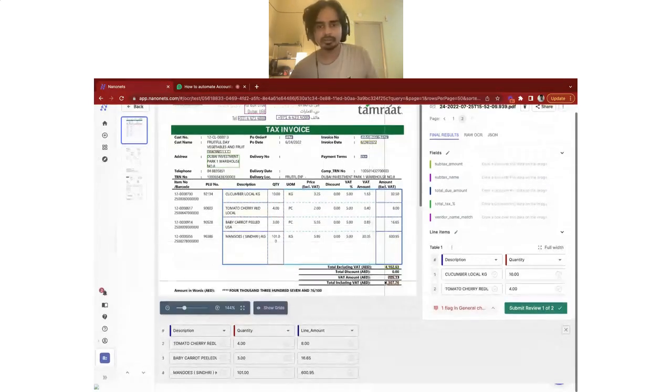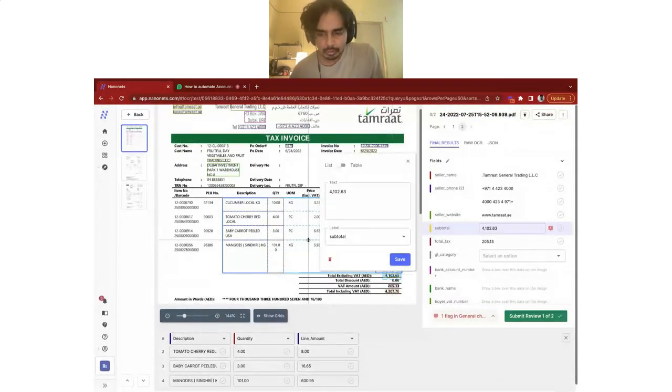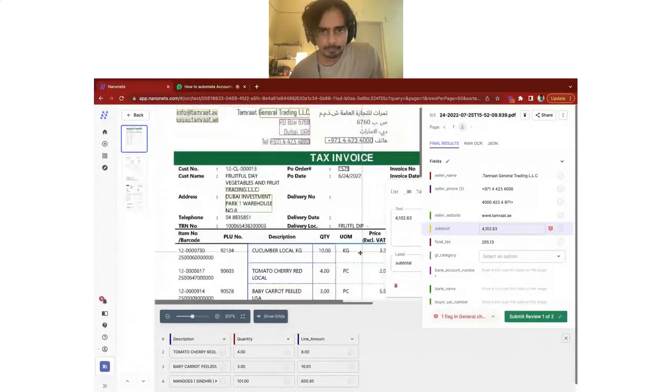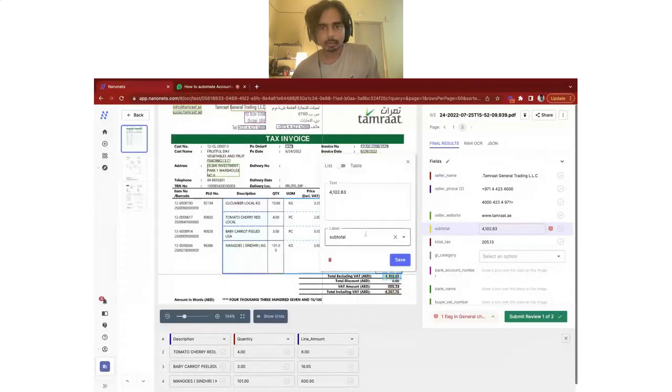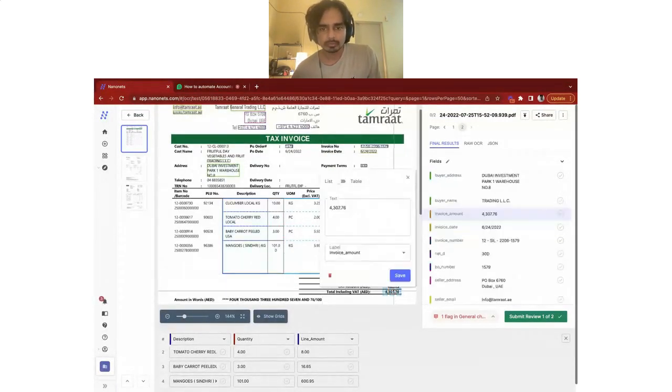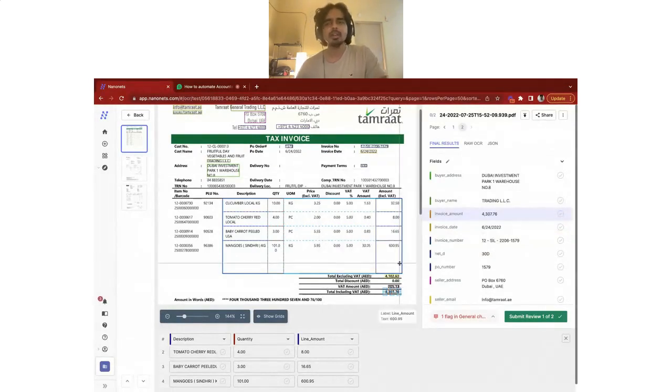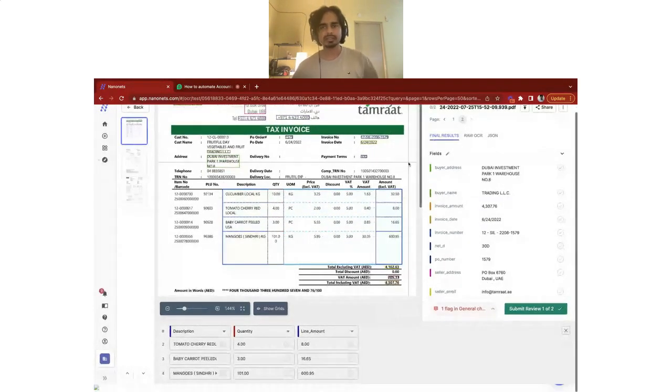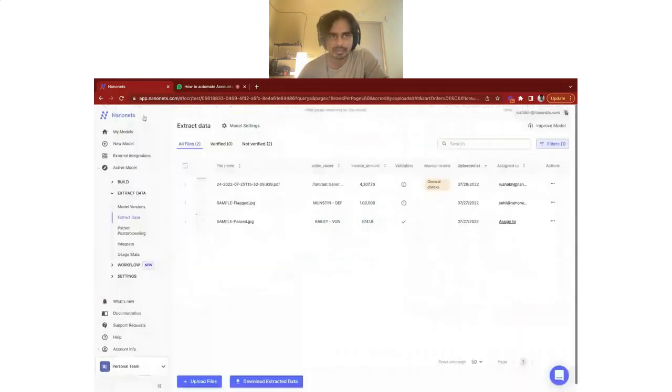and the footer information, like say this, the subtotal, the total, the tax, etc. We also have checks that make sure that the subtotal plus the taxes on the invoice should be equal to the total, the sum of the line items. Basic AP checks, the quantity into the price should be equal to each subtotal, stuff like that. So that's already built into our data extraction layer. So now once this is done,